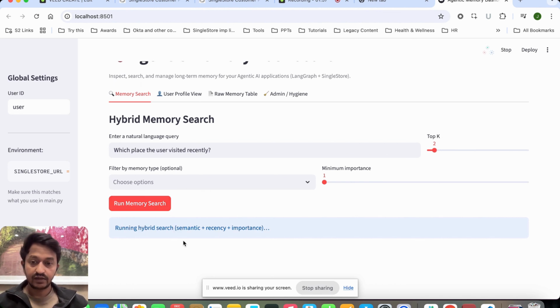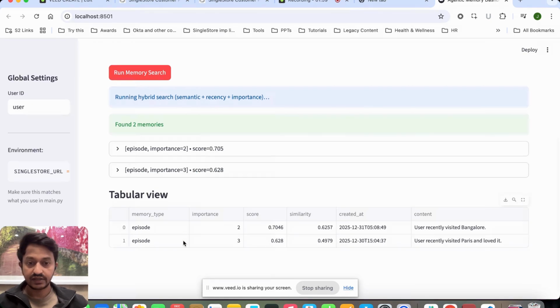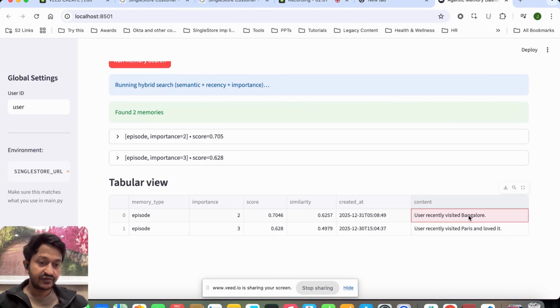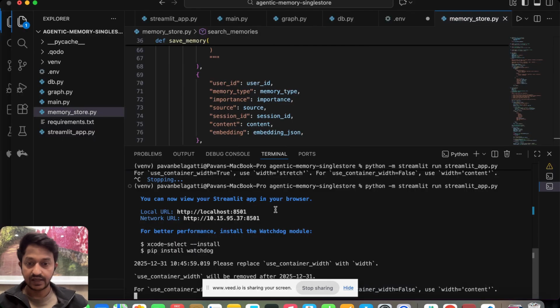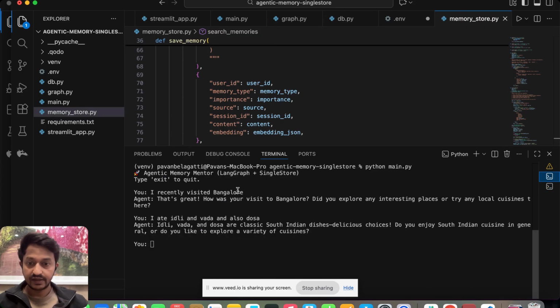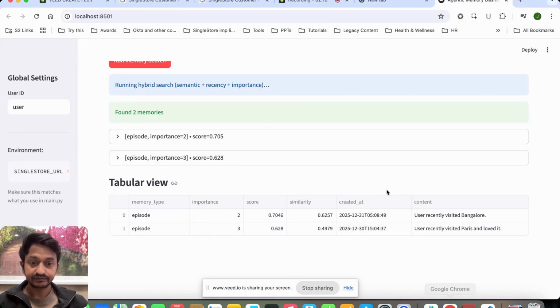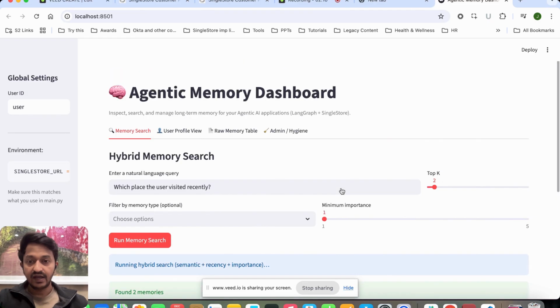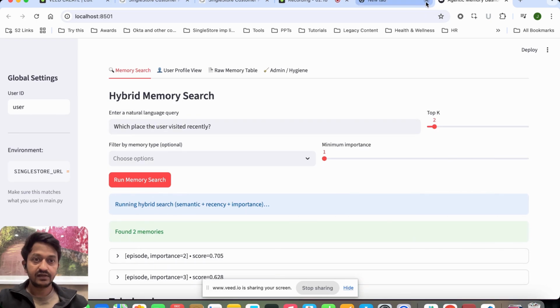It runs the hybrid search, and it says user recently visited Bangalore. Like I said, I recently visited Bangalore is what I told my AI agent. And user recently visited Paris and loved it. Yeah, I also said that previously. And you can see the same thing